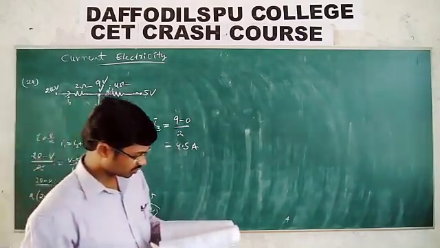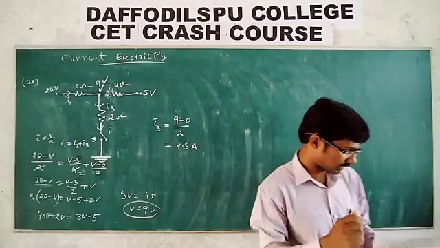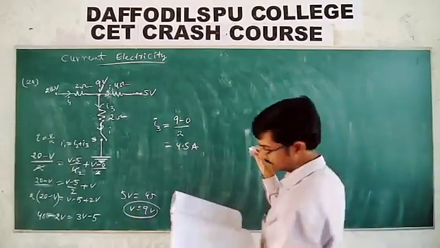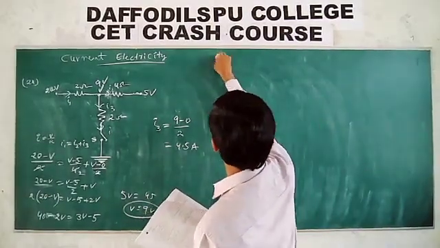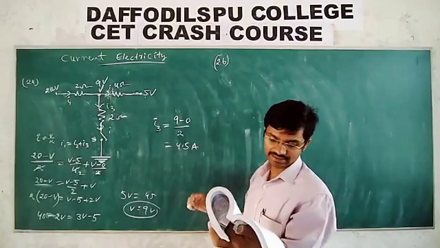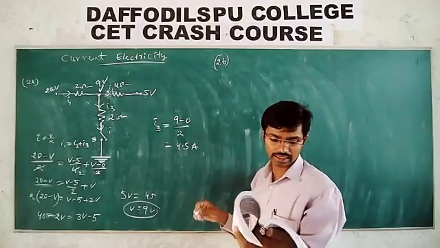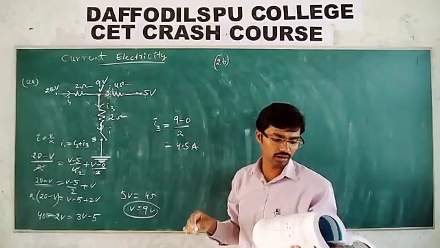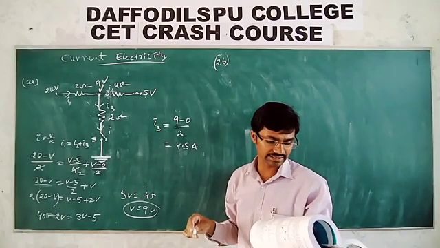Let us see the 25th one. Similar to that, you try to do this. And the 26th one: 5 cells, each of EMF E and internal resistance r, send the same amount of current through an external resistance R